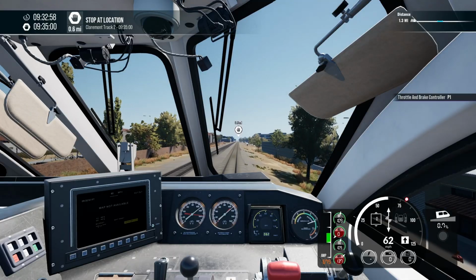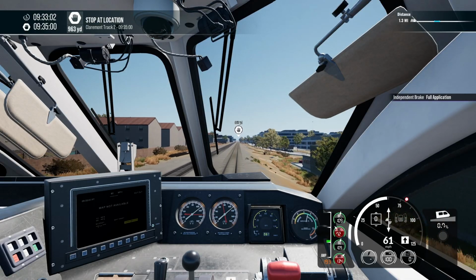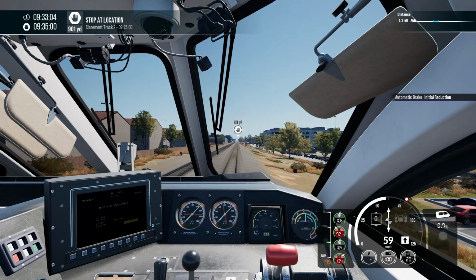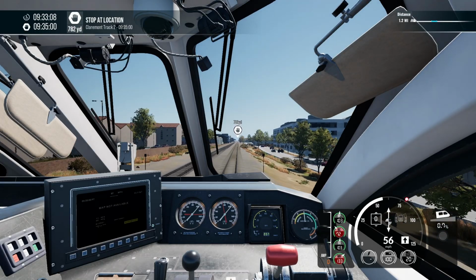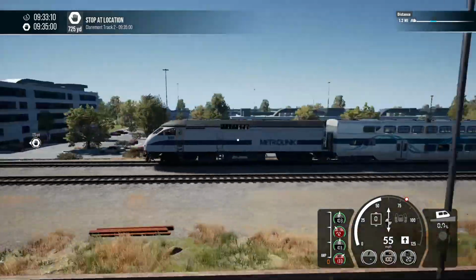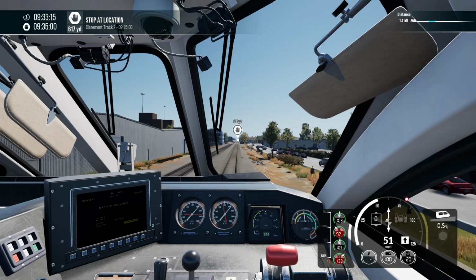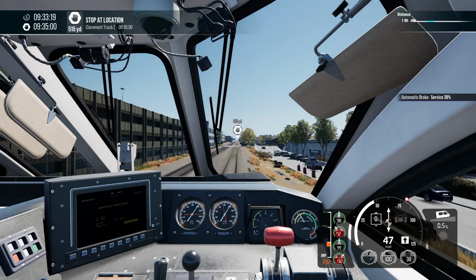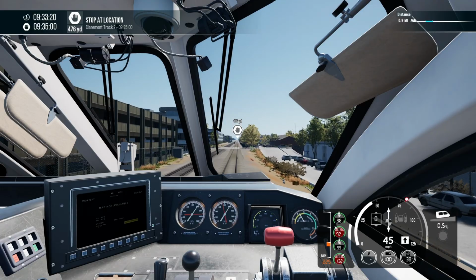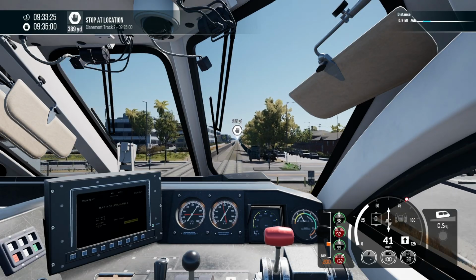Alright, 60 miles an hour. Let's actually get some independent brake going. Automatic brakes to initial. Yeah. I think the San Bernardino line was a somewhat decent route concept, just spoiled by the fact that the previous 2 core routes for TSW were also in Southern California, and the previous one had also been a MetroLink, so...